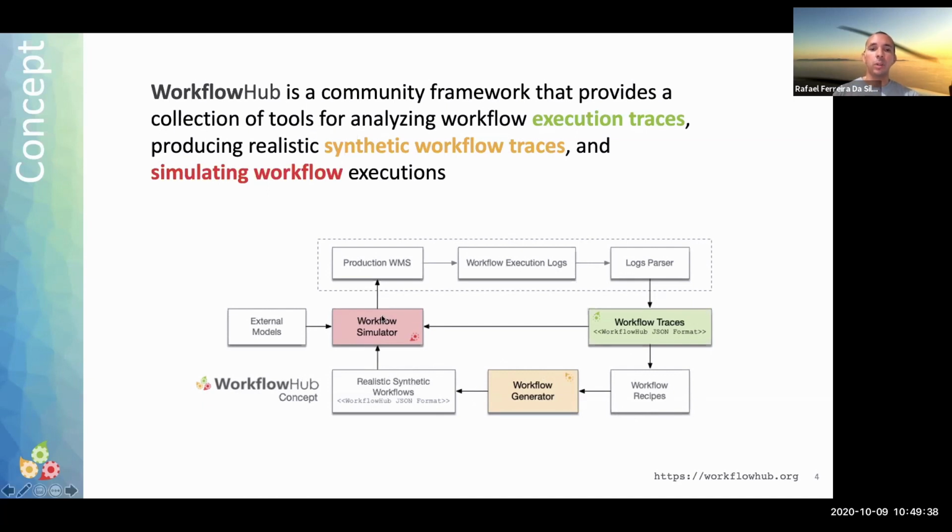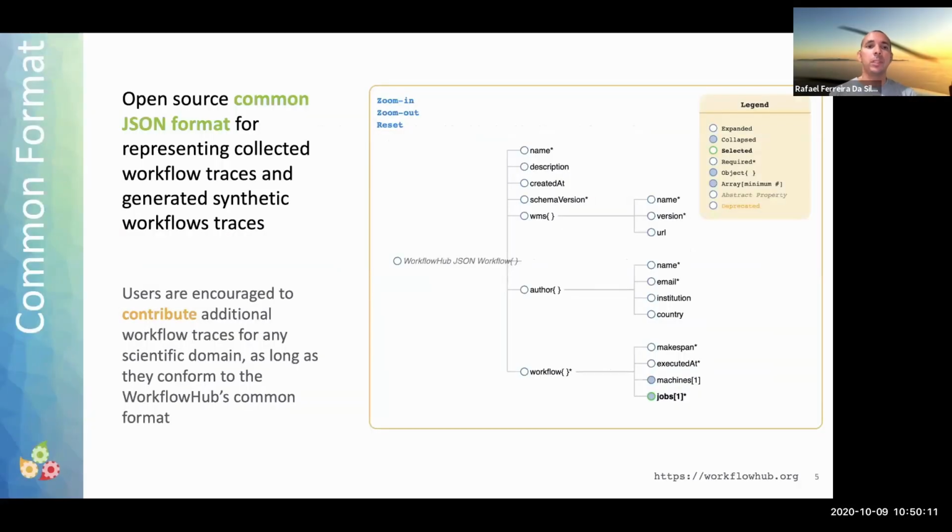This also allows you to evaluate your algorithms and features on larger workflows, for example, or slightly different configurations of the same workflow. Say you have more tasks, or more data footprint, or more memory footprint, and so on. For that, we have developed